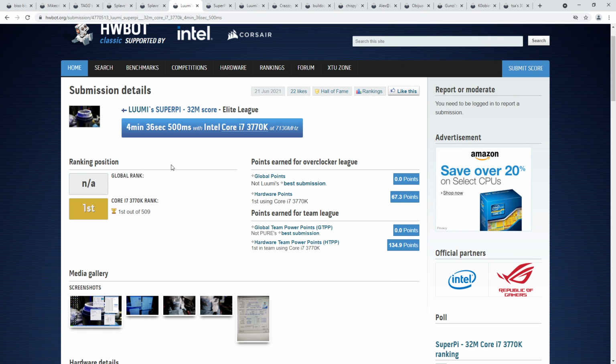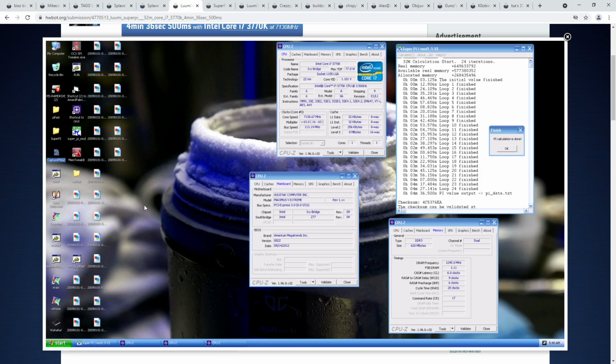Now, SuperPi 32M is a single-threaded benchmark, very memory intensive, but it also just loves core speed. So the CPU is absolutely flying at that frequency. One core, one thread, because it's a single-threaded benchmark. Windows XP, because SuperPi 32 million is one of those old benchmarks that just runs best on Windows XP. And then for the memory settings, I believe